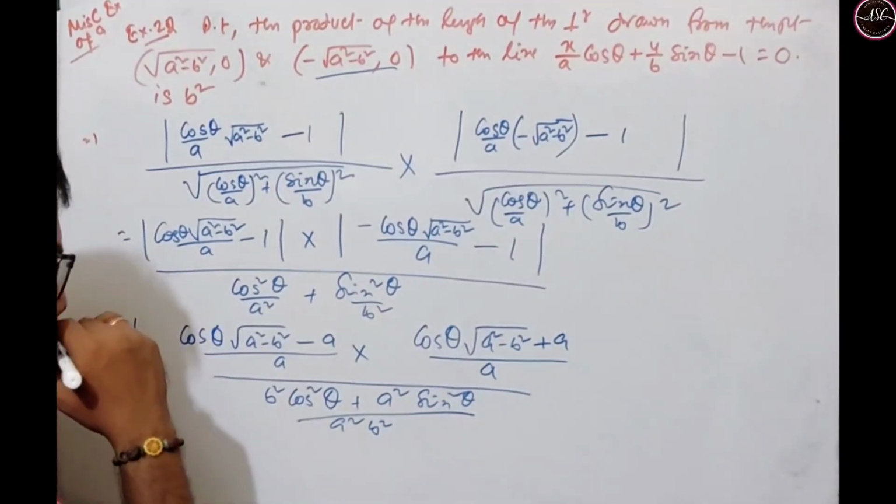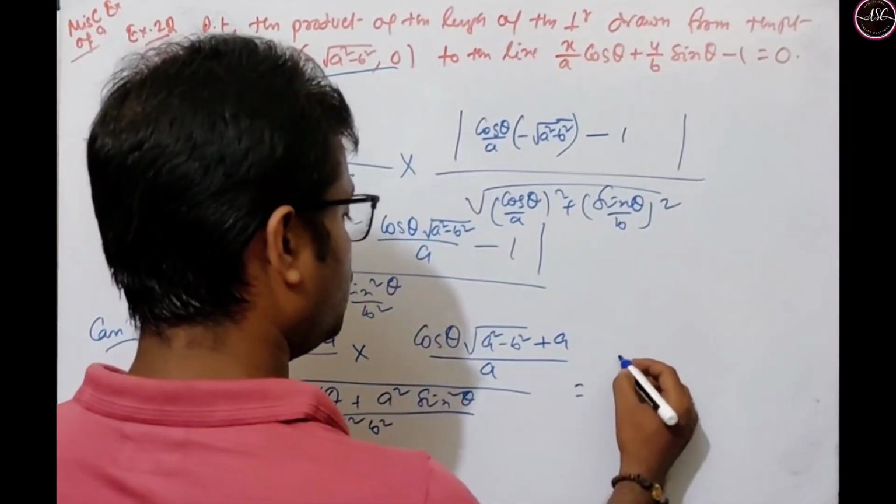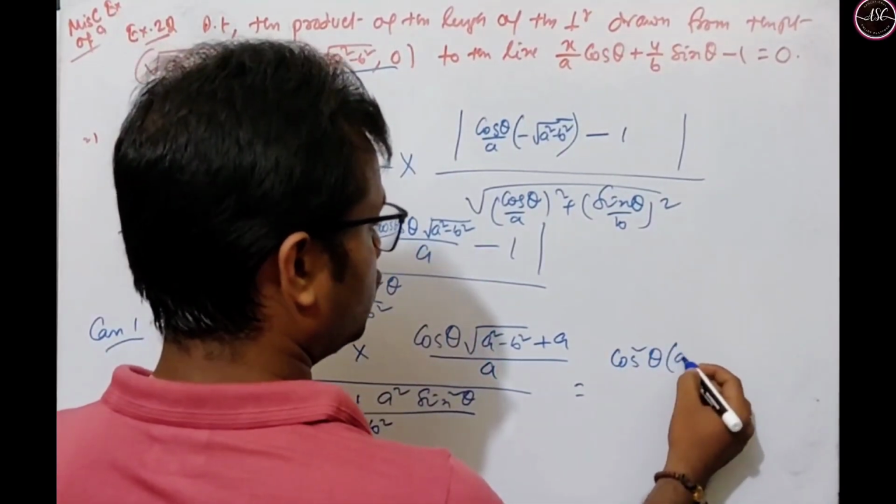Okay. So just look here, this will be cos square theta into a square minus b square